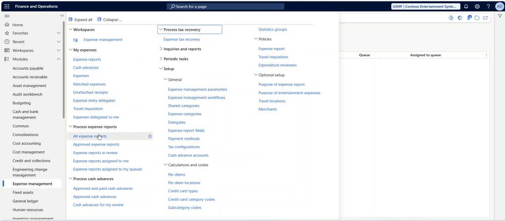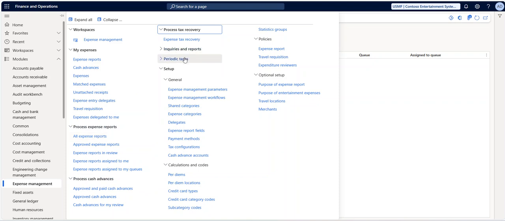Okay, so the three tabs, I mean my expenses, expense report, and cash advance, tax recovery. If you see these, all the four activities are the same, it's only segregation. There is not much difference over there. And one more thing, for example now it has been approved, but actually there is a change in that particular